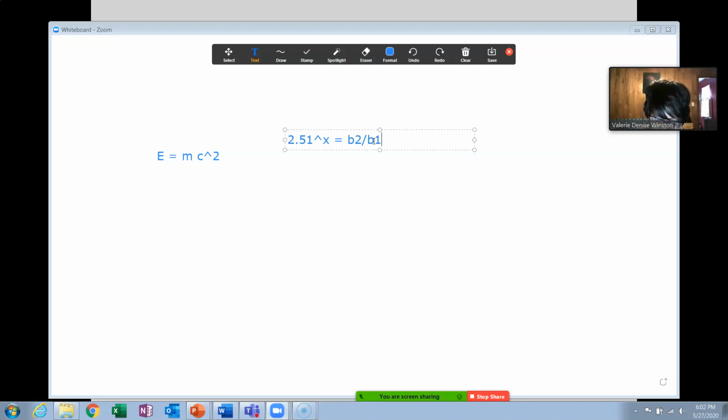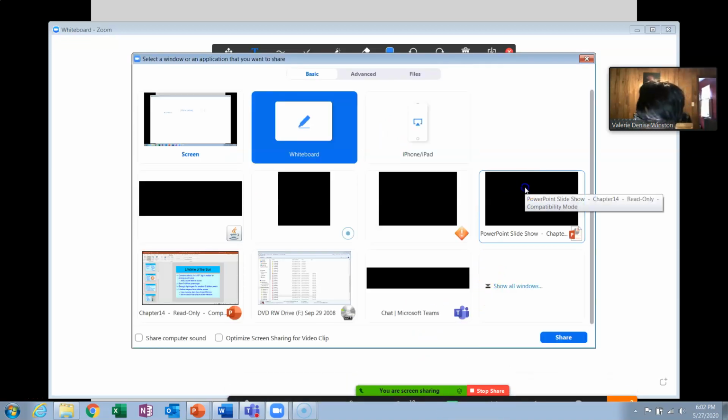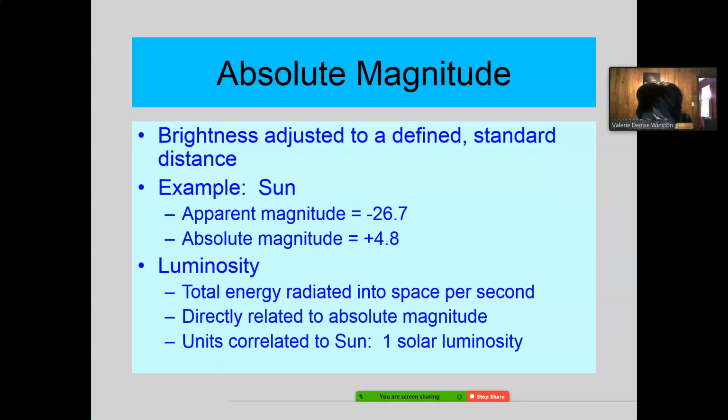But this just gives you an idea of how they go about calculating those things. Okay, so let's leave this and go back to my PowerPoint. There it is. Last time it wouldn't come up, this time it did.